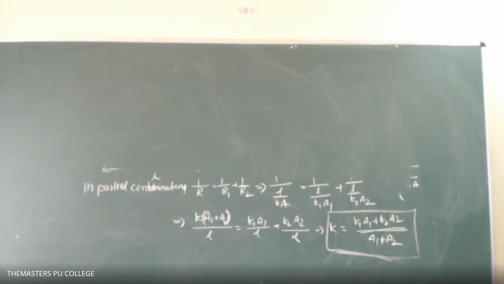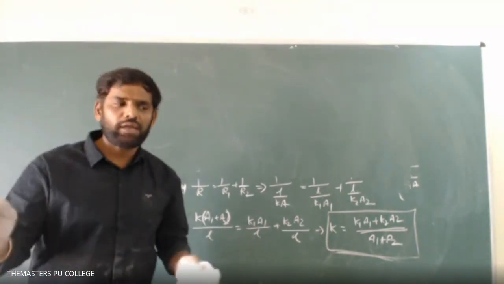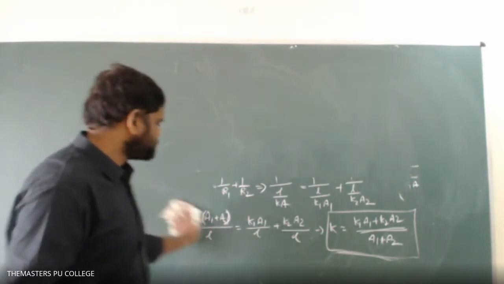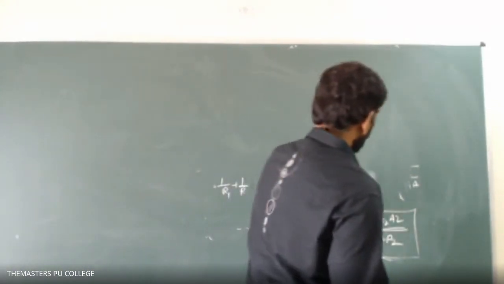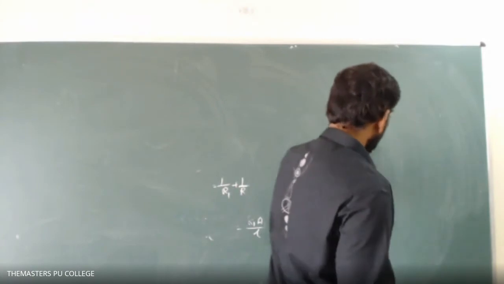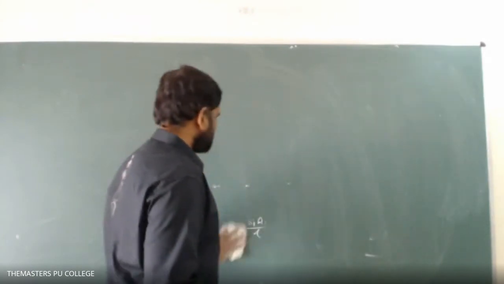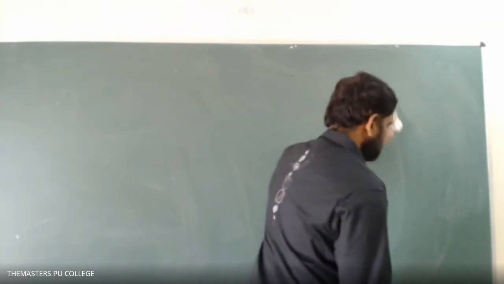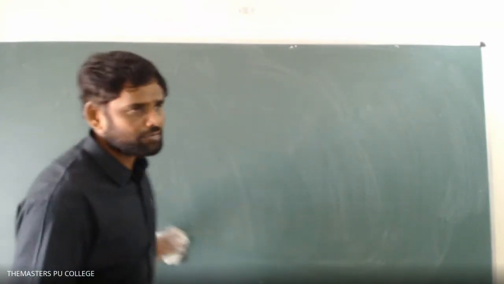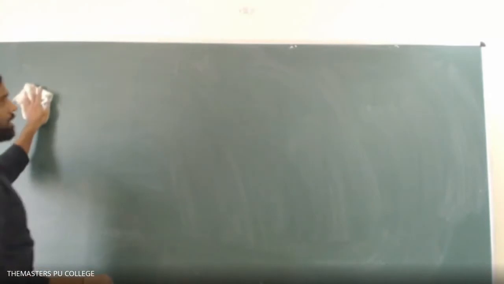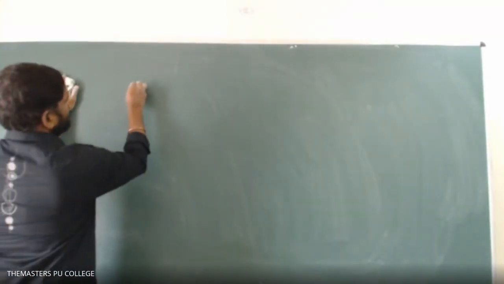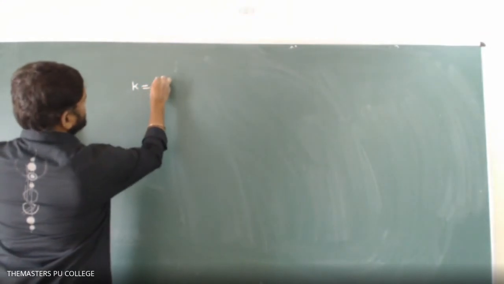Yeah, so make a note of this then. N number of conductors, small n number of conductors, each of length L, are connected in parallel. The effective or equivalent thermal conductivity, K, we can write